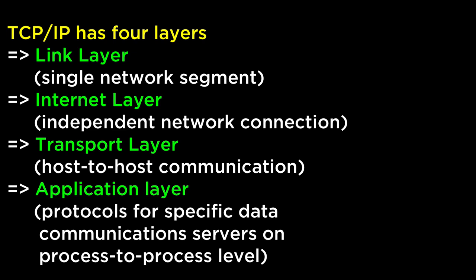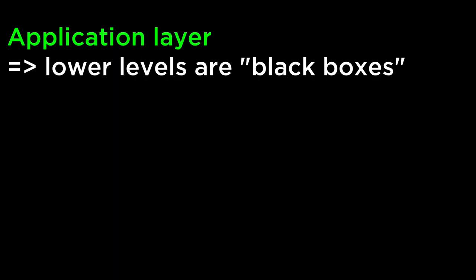The transport layer deals with opening and maintaining connections between Internet hosts. The application layer is where applications create user data and communicate this data to other hosts. The application layer is where FTP, SSH, HTTP, HTTPS, and others operate. For the most part, the application layer treats the lower levels as black boxes. That is, outside of a few special cases, it interfaces with the lower levels through APIs and is not concerned